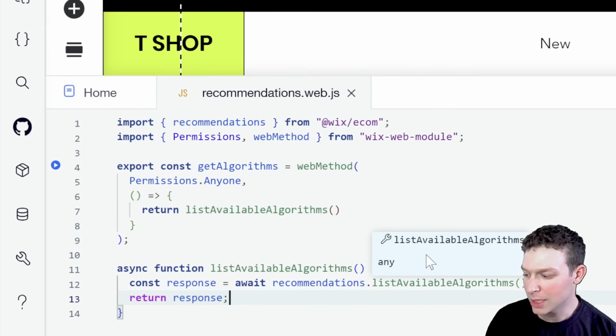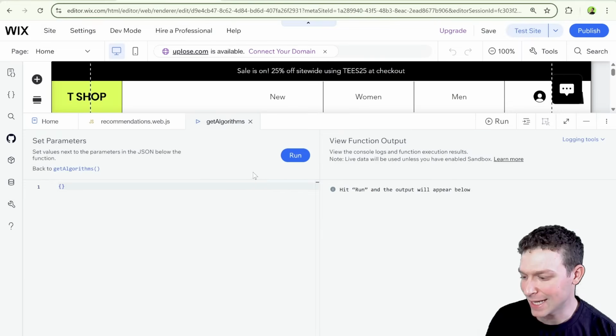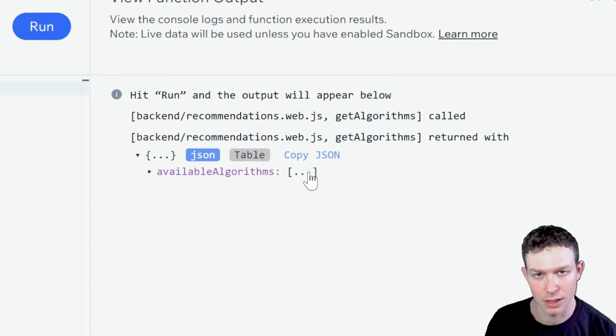So that should be enough just to test this out and see what happens. I'm going to go over here to this blue play button. I'm going to click play so that we can test, and I'm going to go ahead and hit run. And then here inside of the test results, we can see that we got back these available